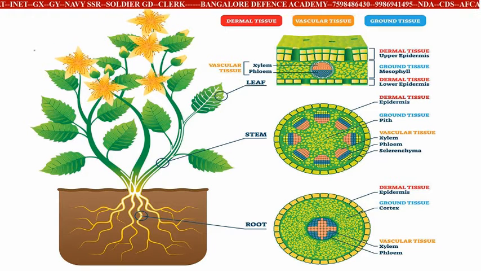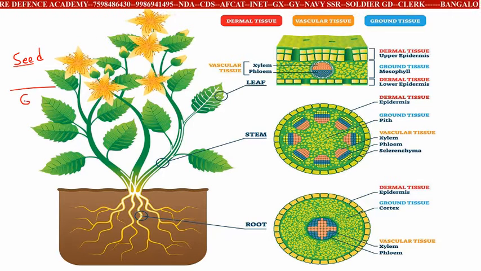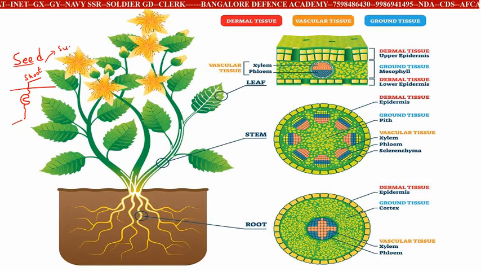We all know that a plant is a living being. Here you have a seed. When the seed is sown in the ground, we have two things. Imagine this is a seed, with a top part and a bottom part. The top part is called the shoot. The shoot will always go towards the sunlight, and the root, the bottom part, will always go down towards the earth to take nutrition and water.